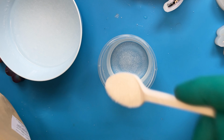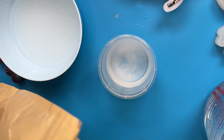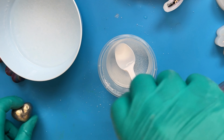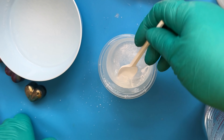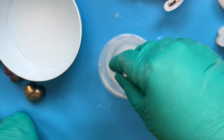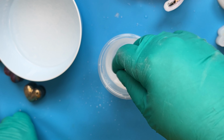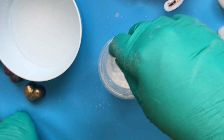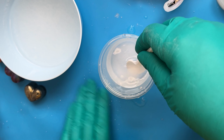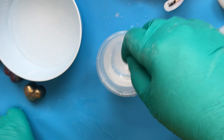Now you're going to have to be patient with this. I've seen some online, that's how I learnt to do this, to be fair, just watching other people's videos, but I've seen some where they manage to get the crystals to grow really fast. I've also seen ones where they use heat to encourage the water to evaporate quicker and for the crystals to form quicker. I've never managed to do that, to be honest. I have tried using heat, and one thing I have found, and here's a little tip for you, is that the slower you let it evaporate,